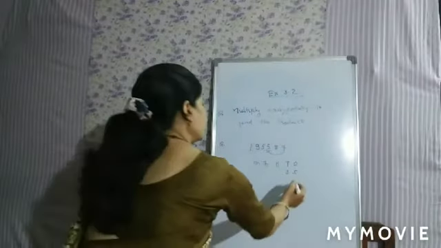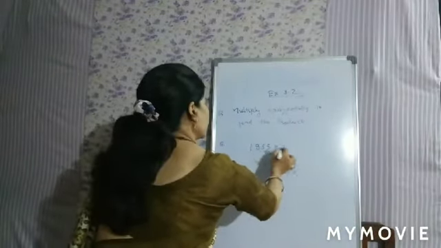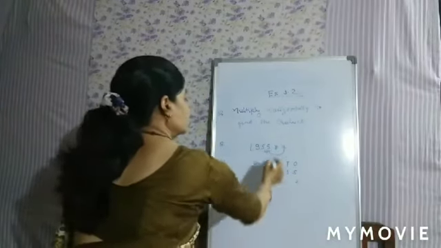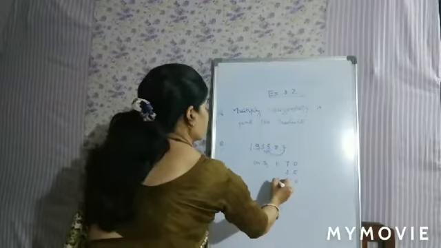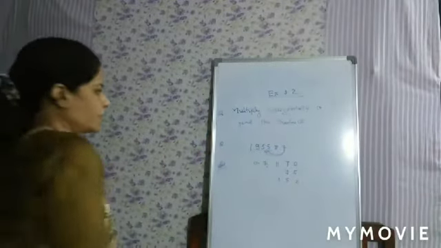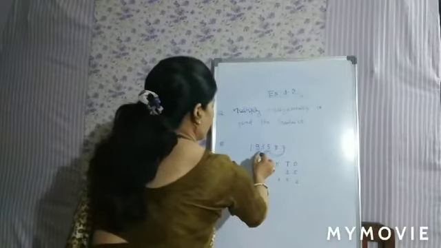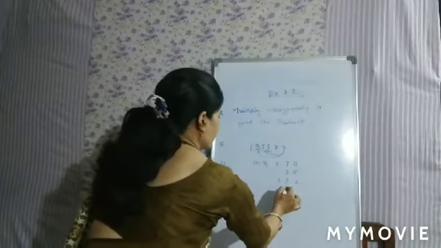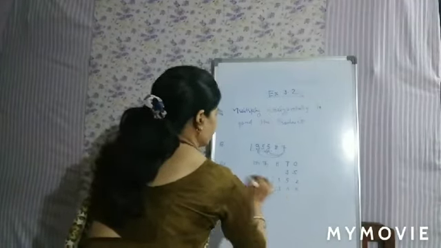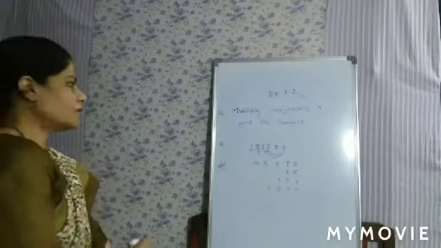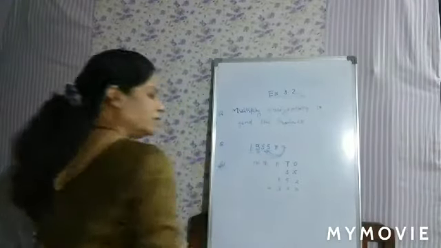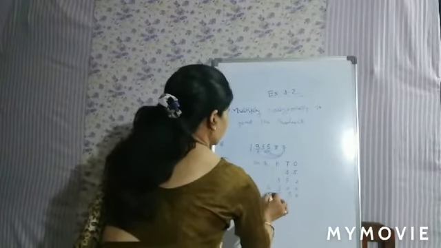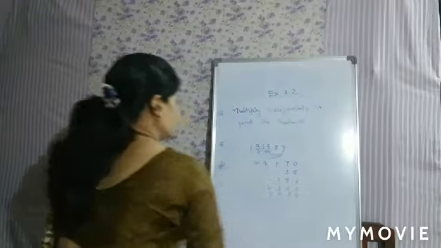Okay. Then again multiply 7 and 5. 7 fives are 35. Cross out ones place and write 35. Then multiply 7 and 9. 7 nines are 63. So cross out tens and ones place and write 63. Then 7 ones are 7. So cross out ones, tens and 100 place and write 7 in 1000 place and add.